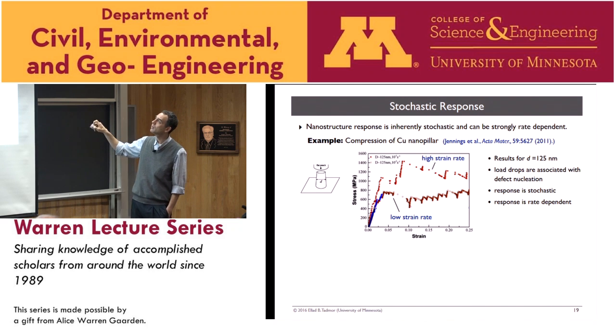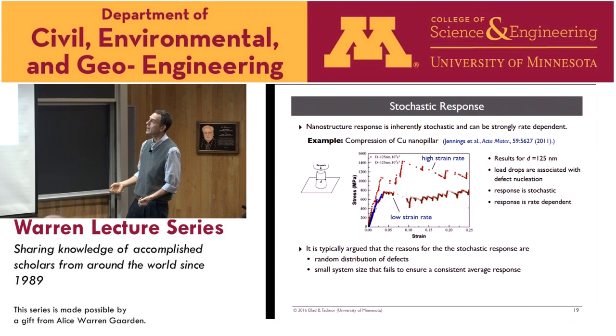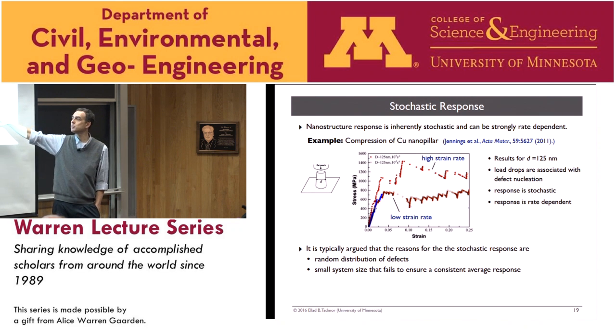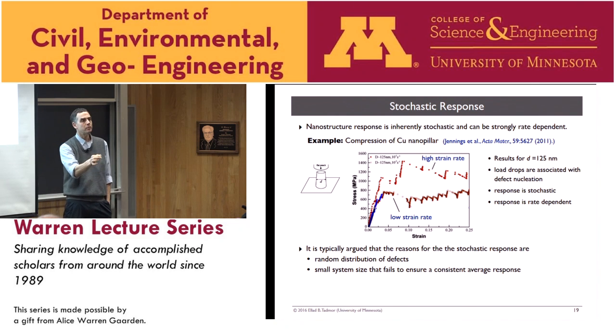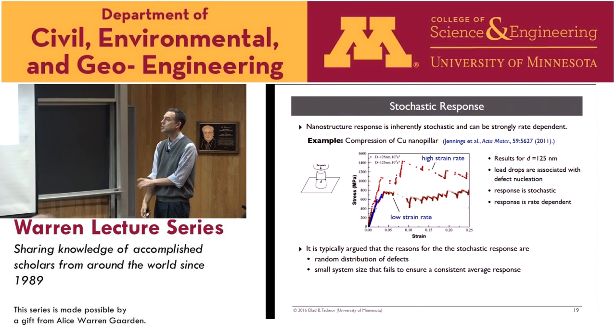And if you change the loading rate, so this is at a high strain rate and a low strain rate, very, very different results. And so it's very, very stochastic. If you did this experiment again, roughly you'll see that this is higher, but you'll get a completely different set of zigzags showing up. So the argument is, why is it stochastic? Well, it's very small. There are random distributions of defects that affect what's going to happen. The system is too small to get good averaging. And so every time you get 10 defects like this, the next time is 10 defects like that. And so it's very different responses each time, which is all true.